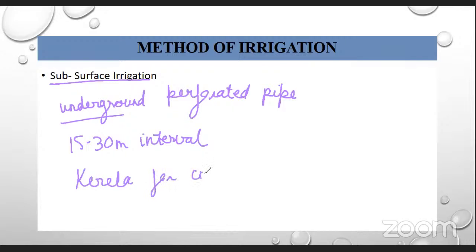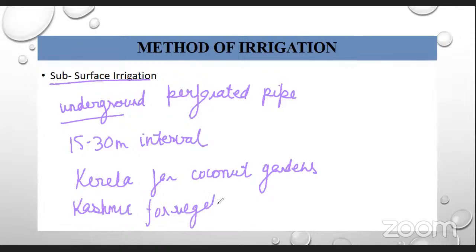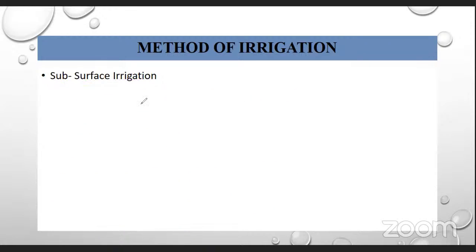Okay. And this subsurface irrigation is usually practiced in a few places: in Kerala for coconut gardens, and in Kashmir for vegetables. Okay, so these are very important examples which are usually asked in the exam. The subsurface irrigation is usually practiced in Kerala and Kashmir of India. Okay, then at last we have